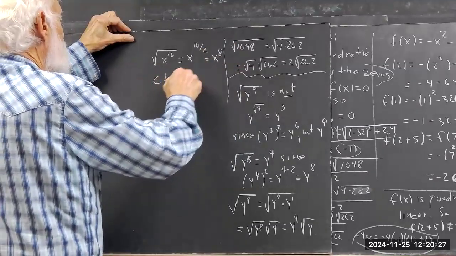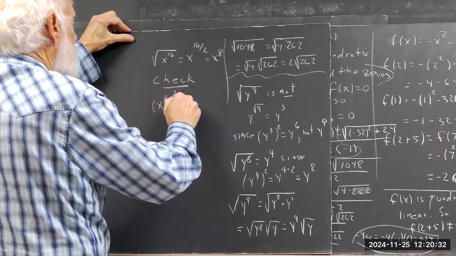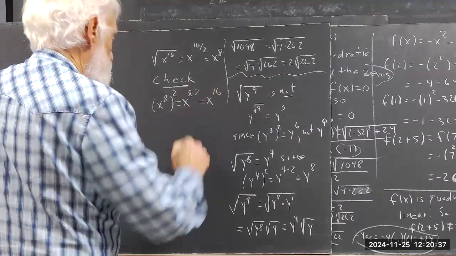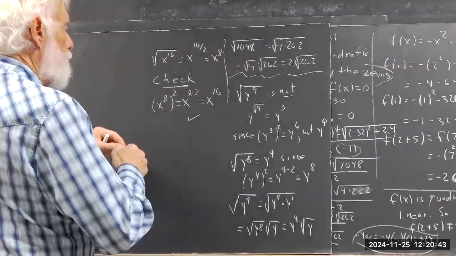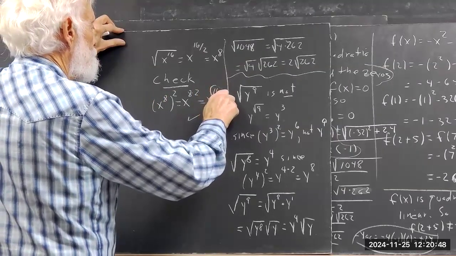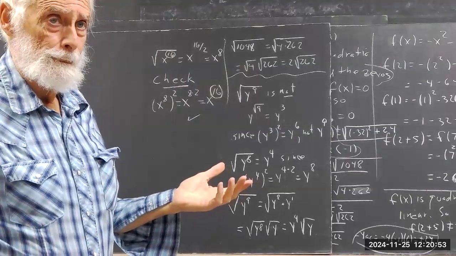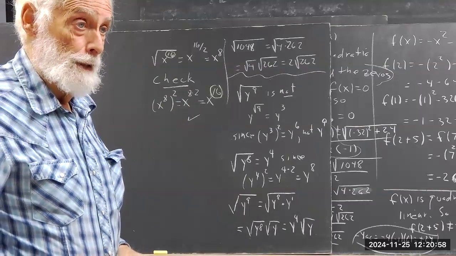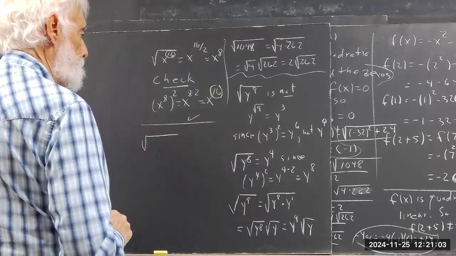And then you check it. And that checks, because this gets you back to the power you started with. So it's pretty simple. Okay. Well, that's what you really have to understand. Okay. That and the fact that if you do the square root of a number, like